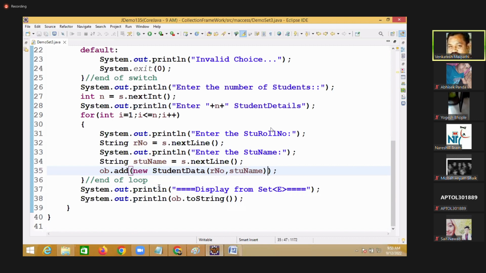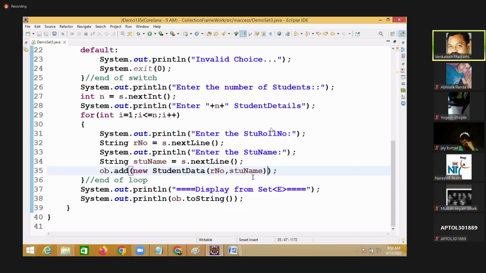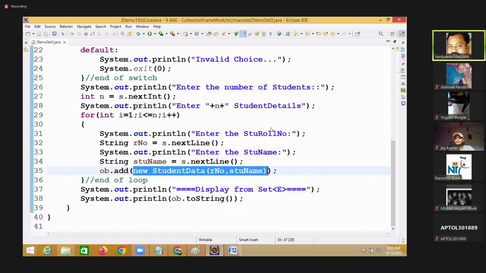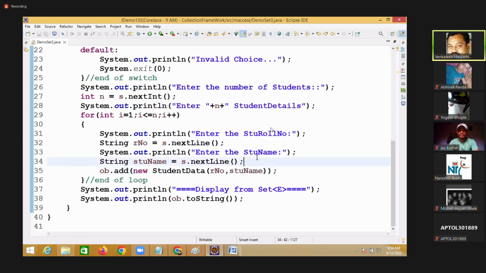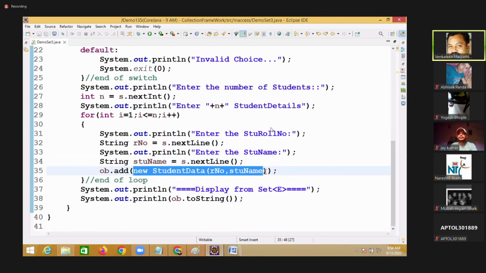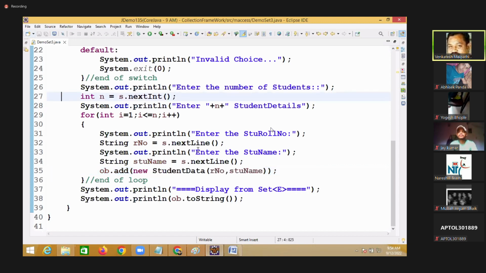New student data, R number and student name. Now, we have to display this. This is common, no? Right. If I run it,